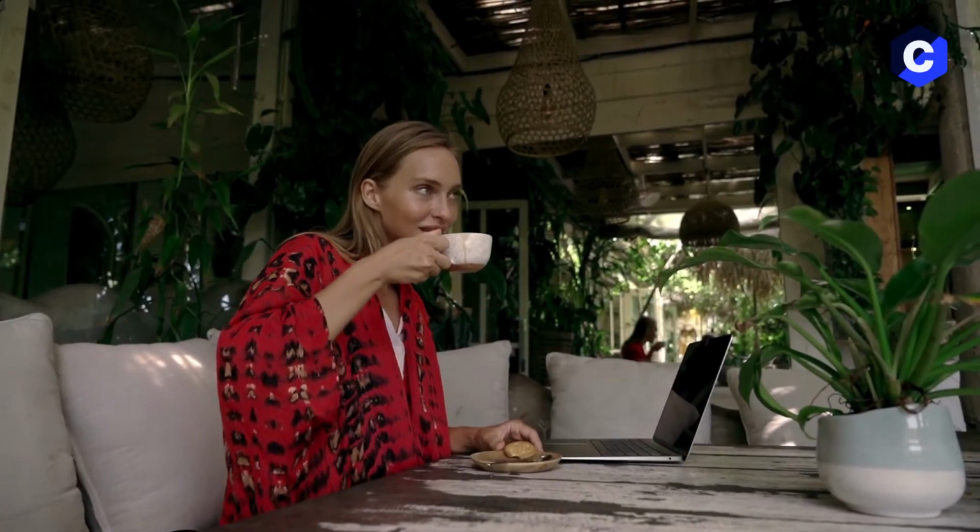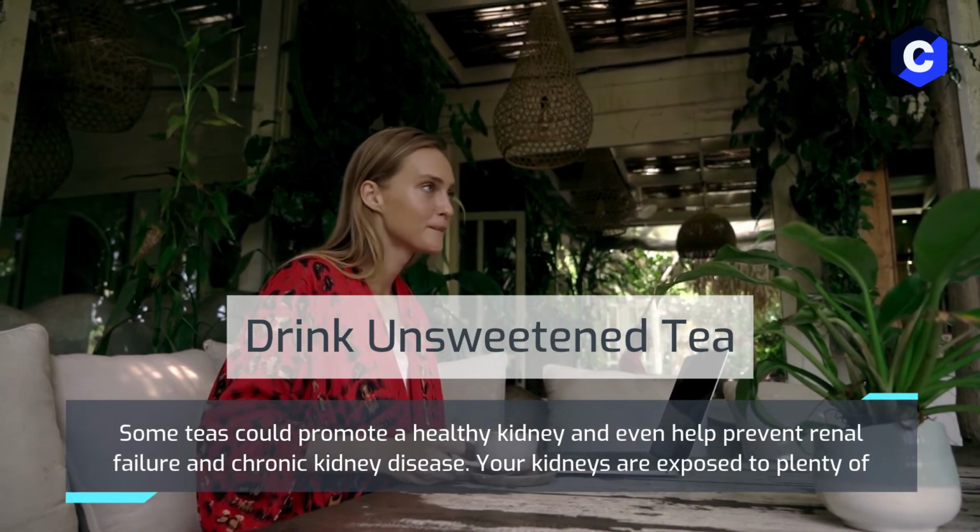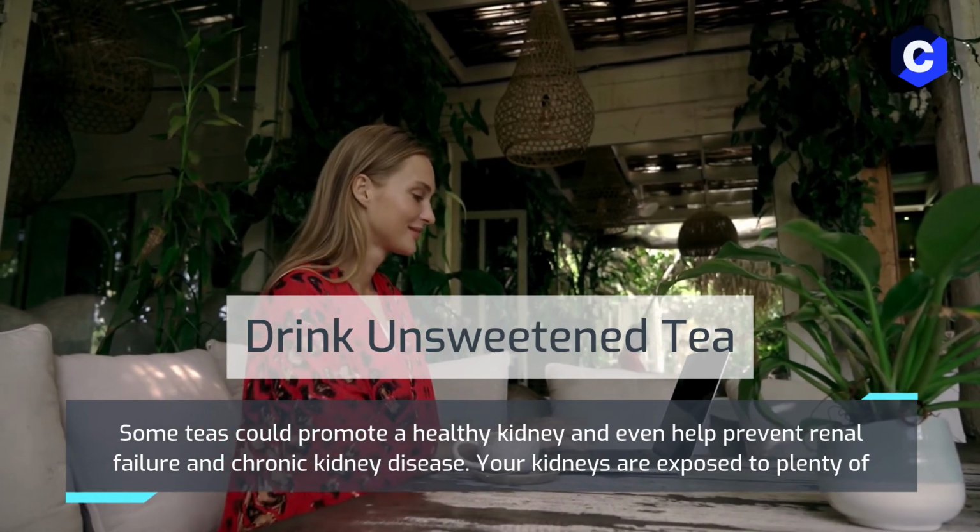Drink unsweetened tea. Some teas could promote a healthy kidney and even help prevent renal failure and chronic kidney disease. Your kidneys are exposed to plenty of